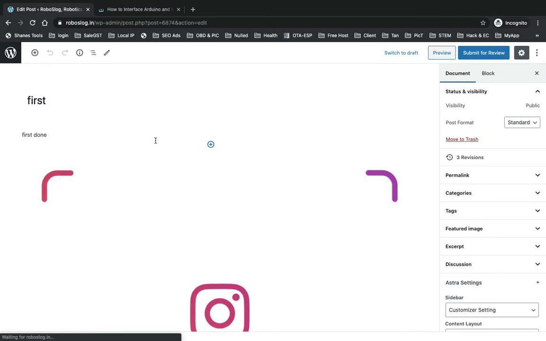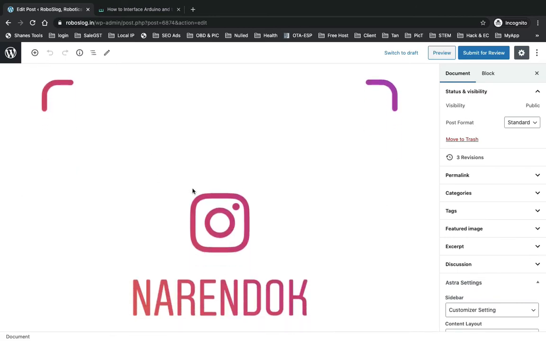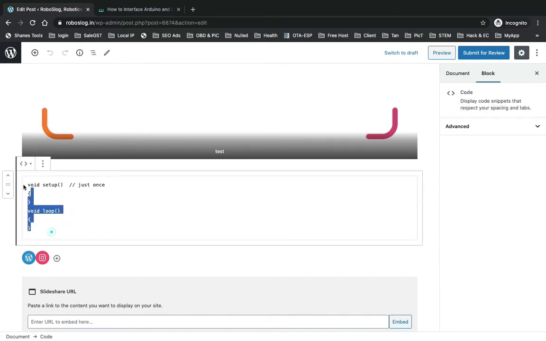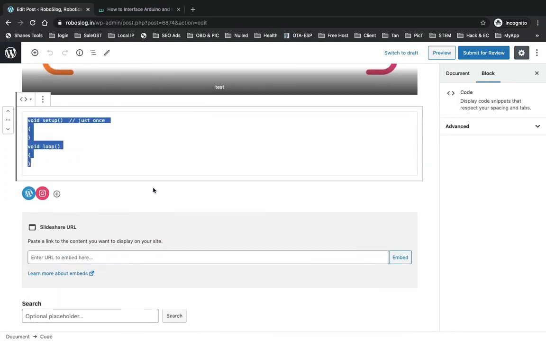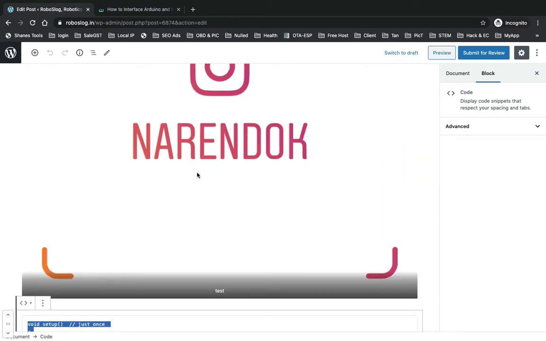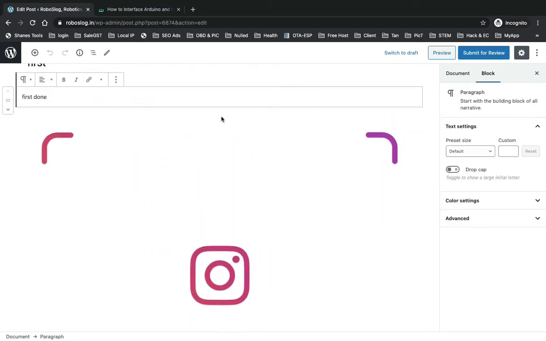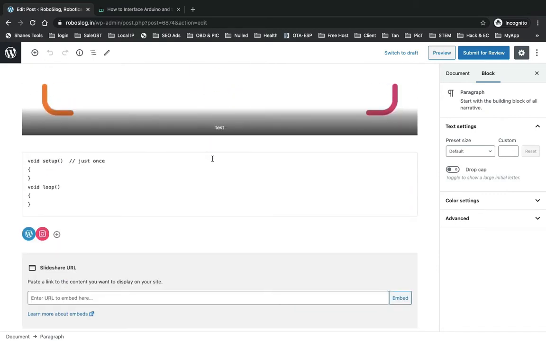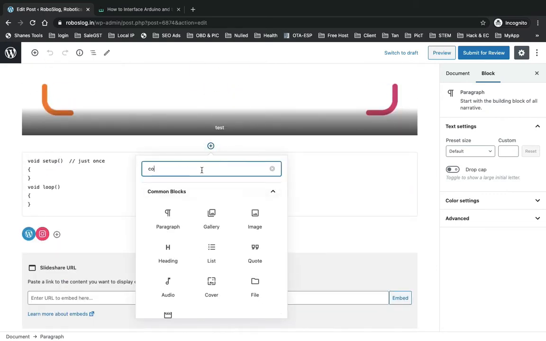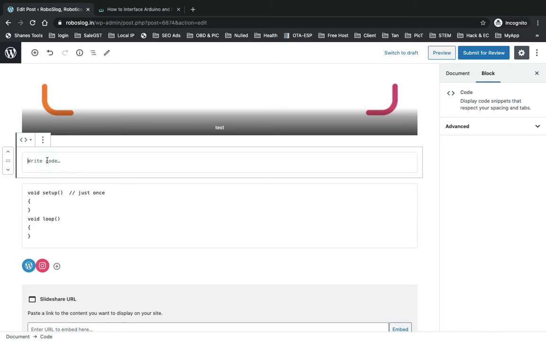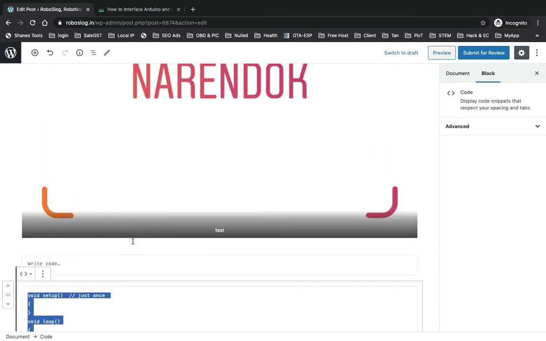Okay, so there are two, three things we need to take care of. The first is that many guys are not using the code block. The code block is the most important block, at least for our coders. We can add this code block using this plus add button, where you can search for the code block and add it like this. And here you can write all the code you want. The other things you need to take care of